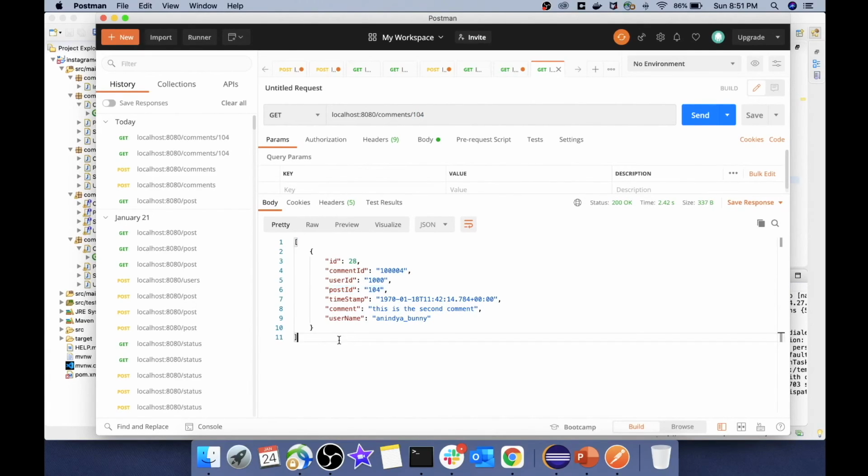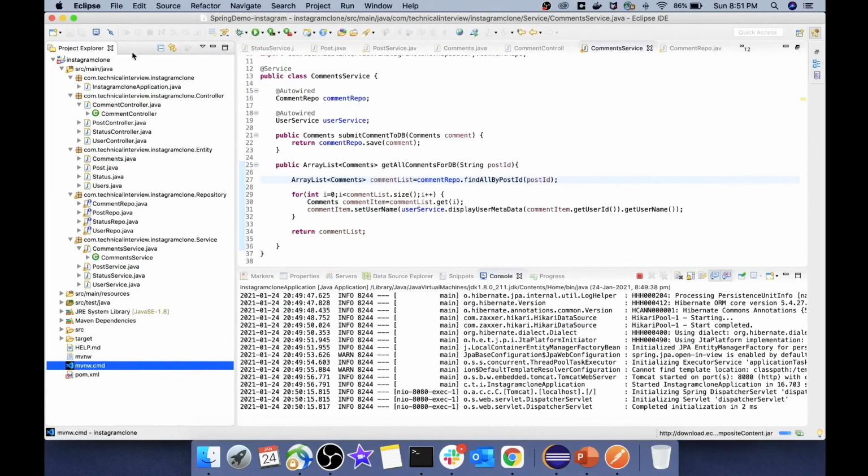So it's great. I think we have completed all the APIs that are needed for cloning our Instagram app. You can see how incrementally we have implemented each and every API service. Starting from our user, status, post and comment, we have covered all the functionalities that we need to have in our Instagram app. In our next video tutorial we will be merging the front end of our application that we built in our previous video with the back end that we made in this video, and altogether we will complete the full stack end-to-end development of our Instagram app.